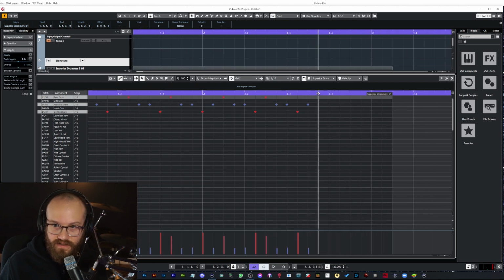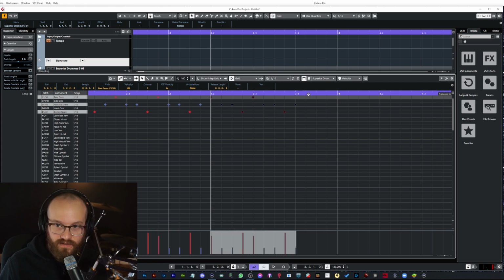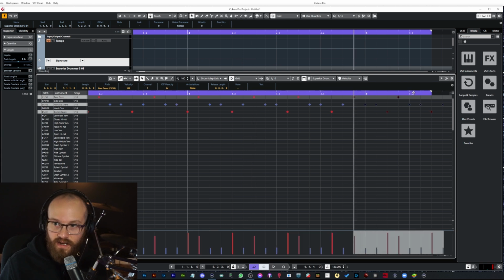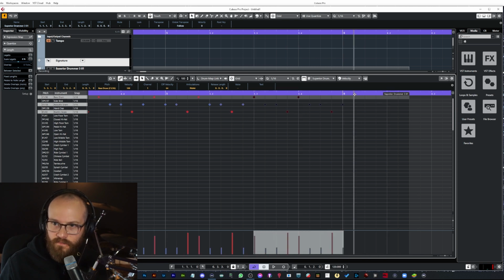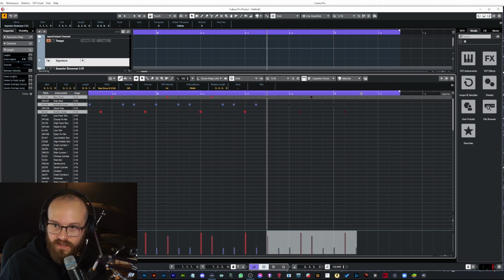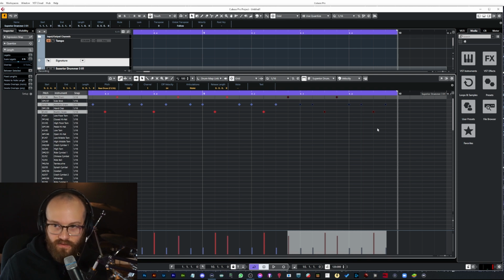So we then get to the 3 E and A of the second bar and paste it in again, and you can keep doing that for as long as you like. And when we've got to the end of bar number 9, I think, no, when we've played it through 9 times, I'm pretty sure it's going to come back around and loop all by itself, but we have to paste it in quite a few times. Yes. So when we get through to the end of bar 9, it loops automatically. So that would be one full repetition for it to completely naturally repeat. So if I hit start here,